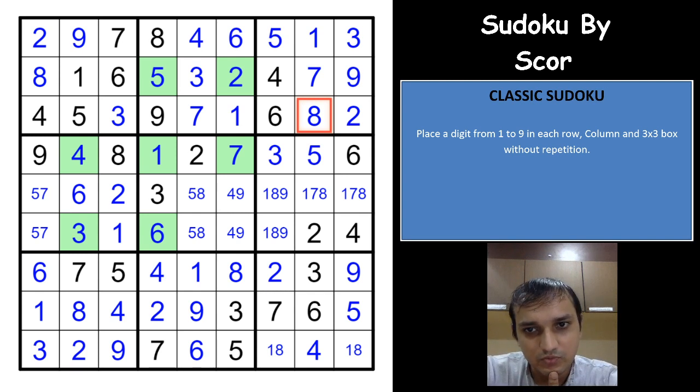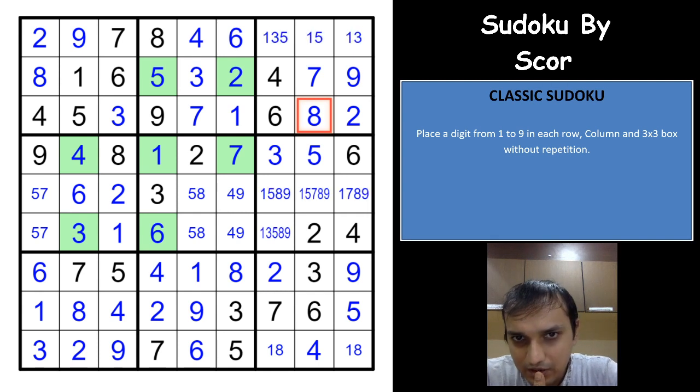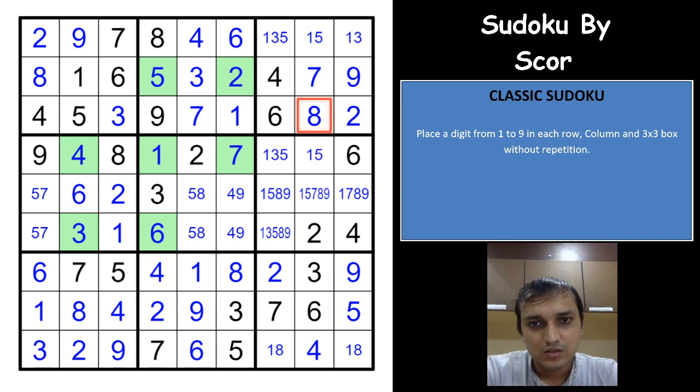Okay, this seems to be somewhere I have done a mistake here. Okay, let's go back a little bit and let's see what mistake we have done here. 3 cannot be here, so this would have to be a 5 here. That gives you a 3 here. Oh, you have a 9 here and 9 here as well. You have done some mistake here. How did we get a 9 here?